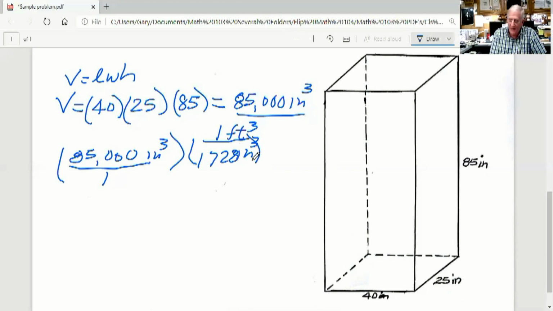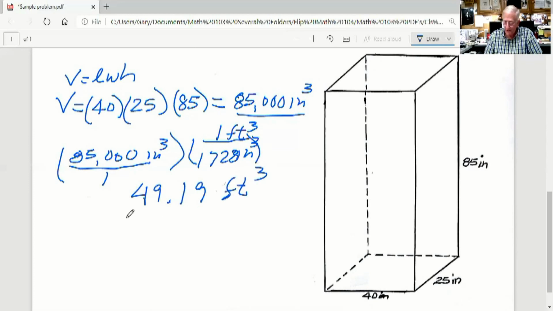So I still have the 85,000 in my calculator. I simply hit divided by 1728, enter, and I get roughly, it's not going to come out exactly even, 49.19